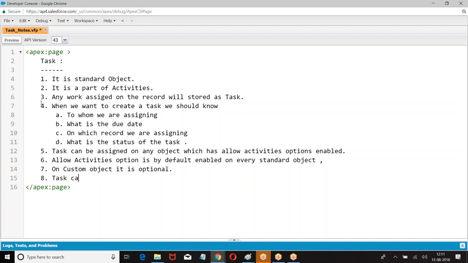Then a task can be assigned to a user, role, or owner. If a task is assigned to an owner, the owner will be the owner of the task.